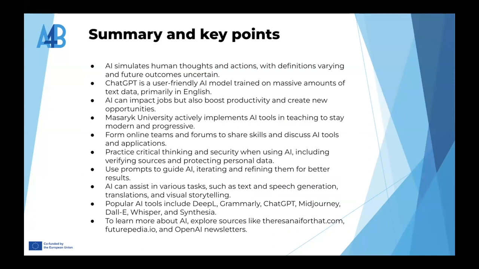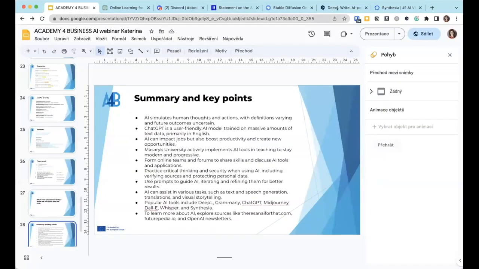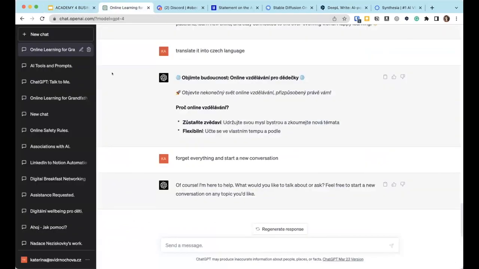I downloaded my Google presentation as a text file, uploaded the text file into ChatGPT and gave her an order to make a summary, and it was really easy. When I double-checked it in ChatGPT 4, I was really satisfied.